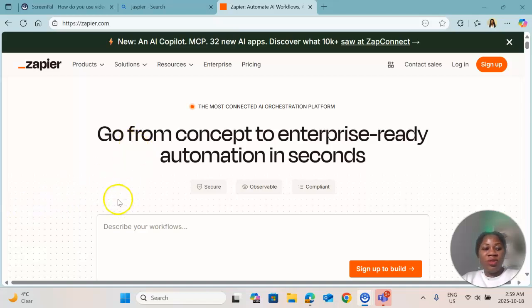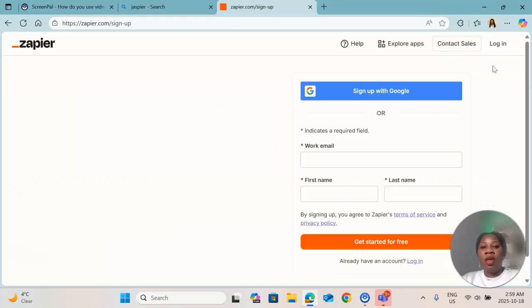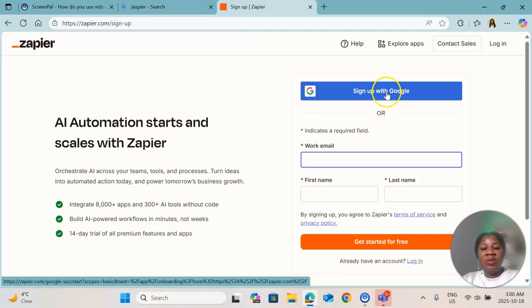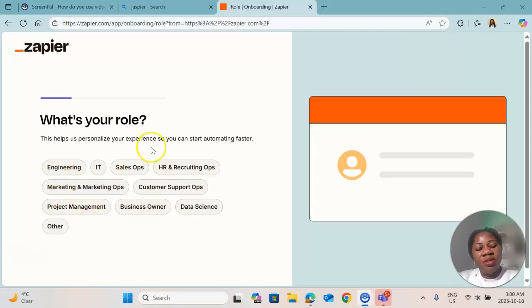So the first thing I want to do is sign up to this application by going to the sign up button. And I'm going to be using my sign up with Google. It's easier than just creating a password. So when you sign up, this is the page that you see next. And what's your role? I'm going to pick